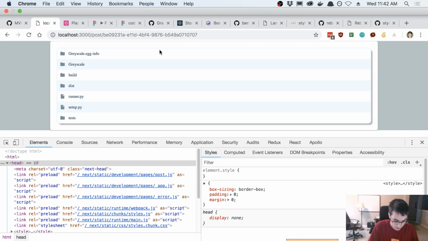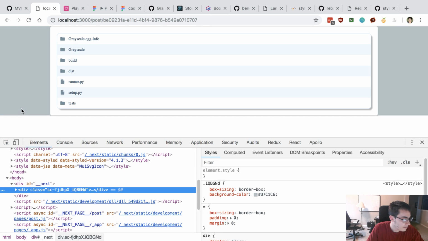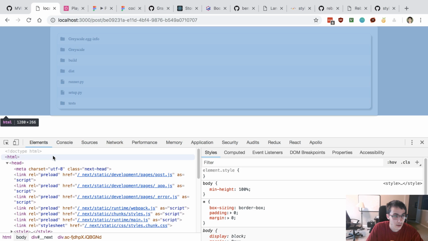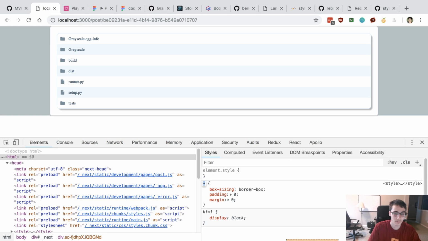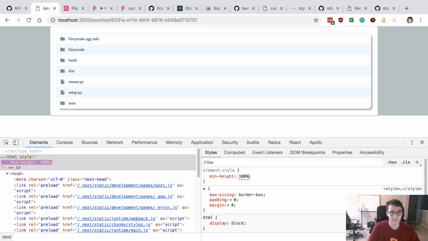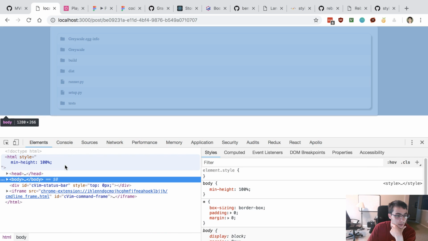Maybe I should render this in Playground so I don't have to rebuild every time. All right, so I set my body as a min height of 100%. Looks like I also may have to do the HTML. All right, so that would be my HTML, and my body.